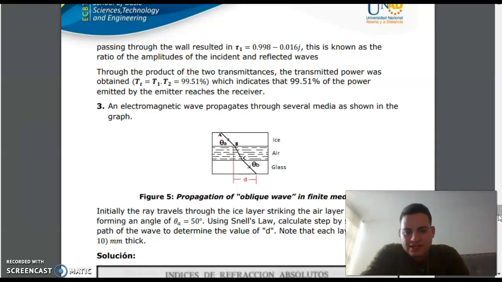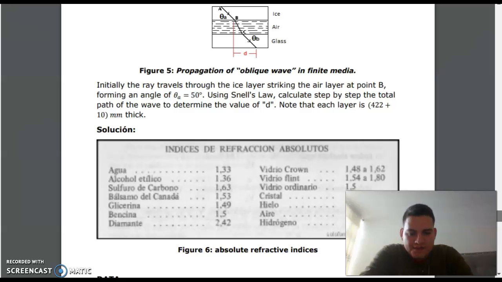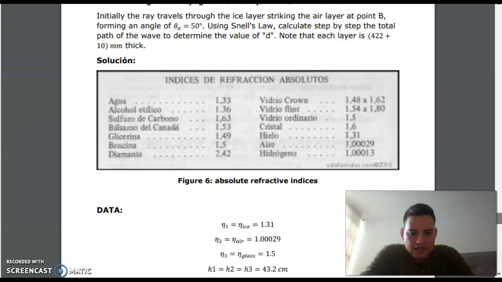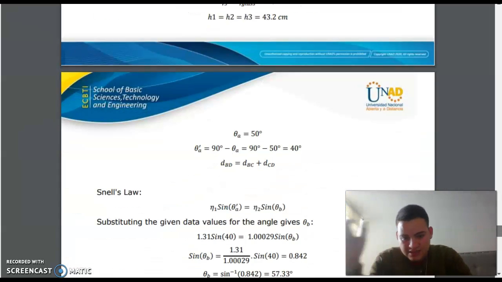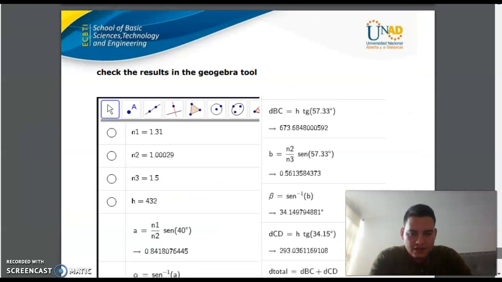An electromagnetic wave propagates through several media as shown in the graphic. Solution: absolute refractive indices data. We share the results in the